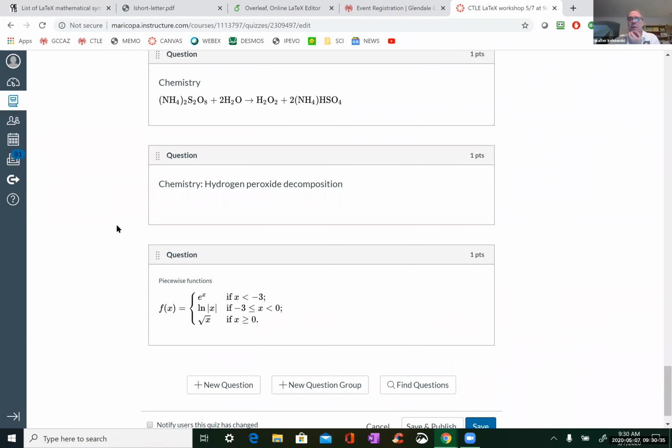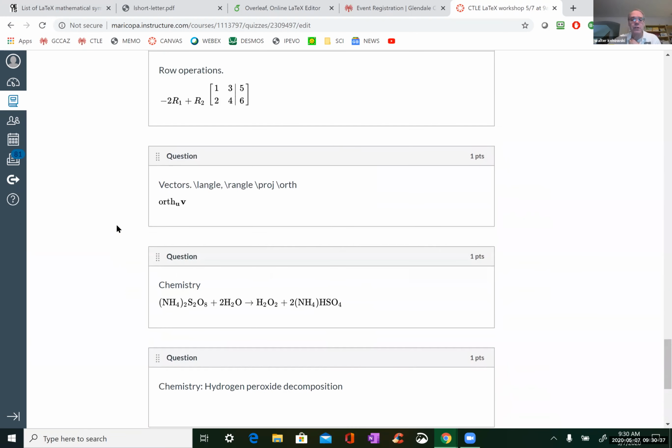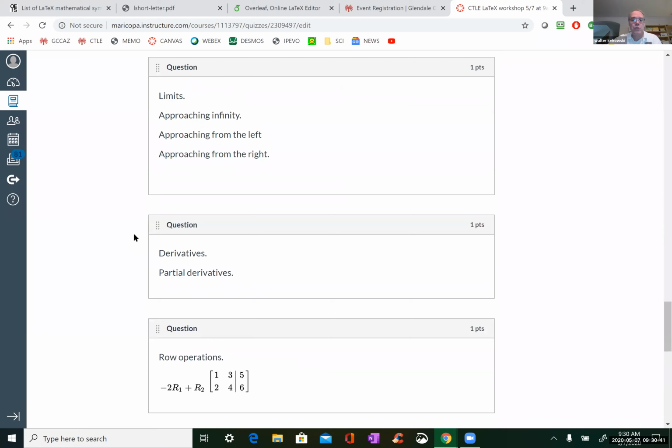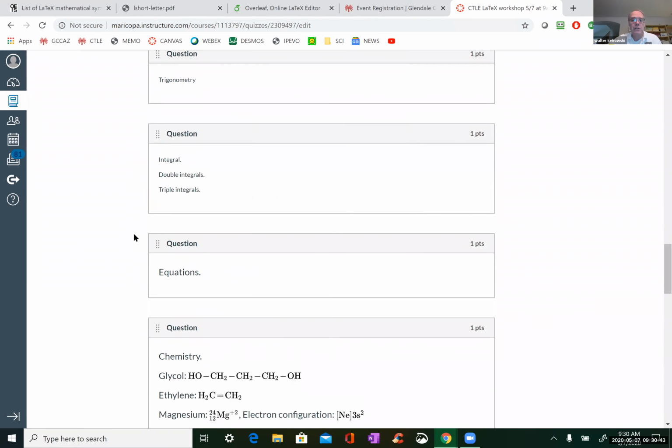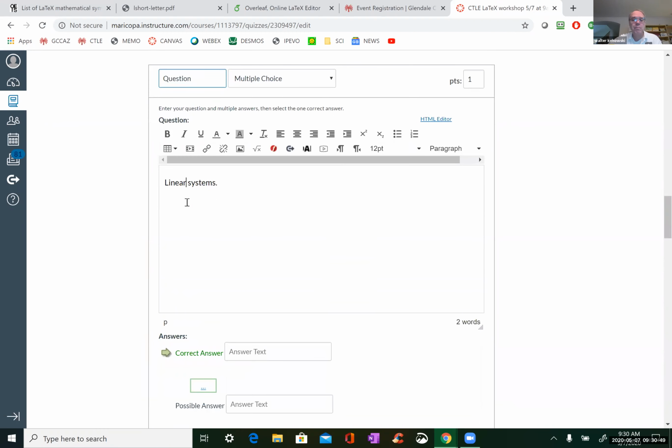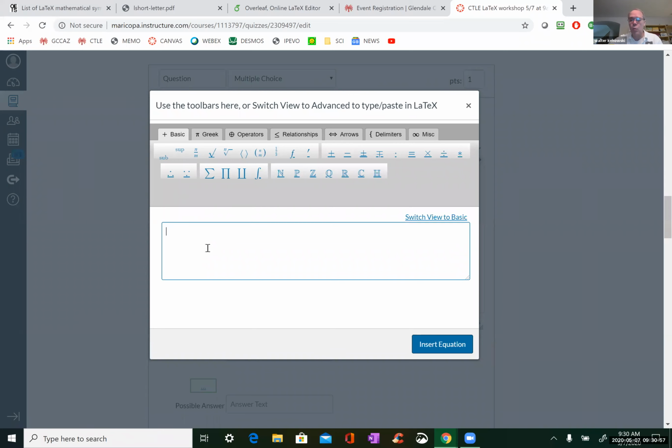All right, anything else that suddenly occurs to you? Okay, let's go to something like a linear system then. Let's go up to linear systems, say. Let's just make something up, with solution, say, 1, 1 or something, so we can do it.